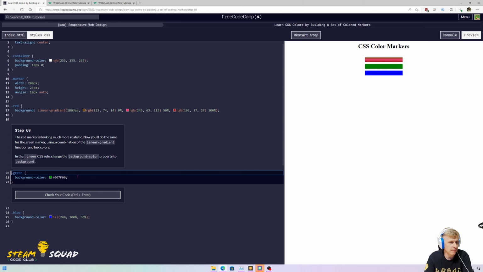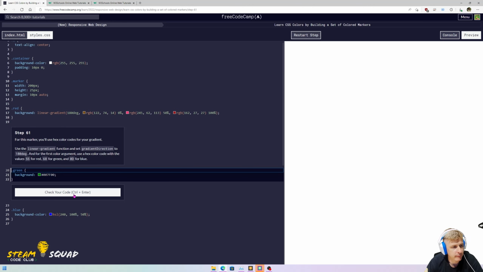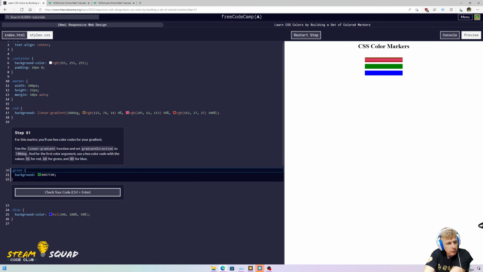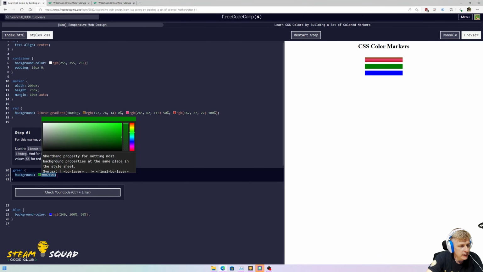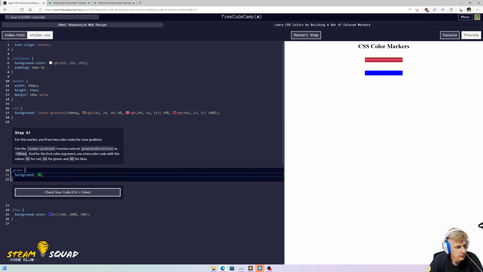Now we're going to do the same using the green marker. In green CSS rule, change background color to be background. We don't want it to be background color because gradient is making an image. So we need it to be background. In this marker, we're going to use hex colors instead of using RGB colors. So we're going to set up our linear gradient function. We're going to set it to 180 degrees, and we're going to use a hex color code,